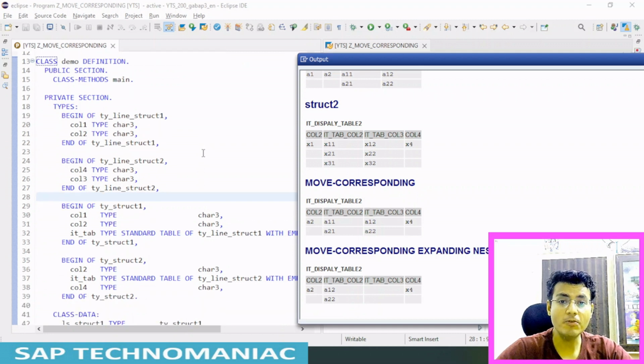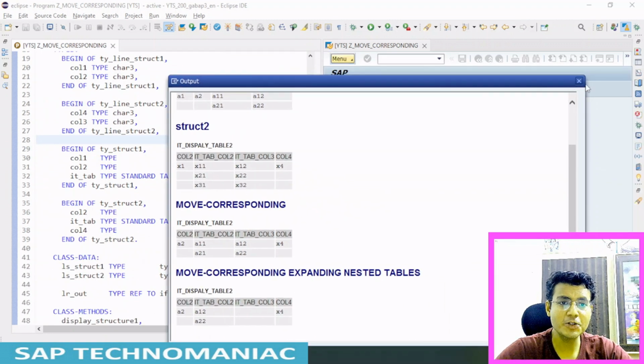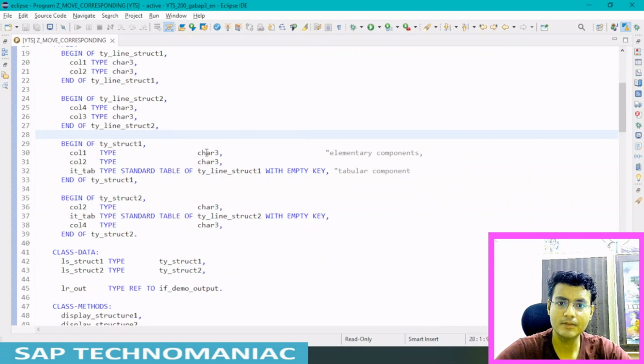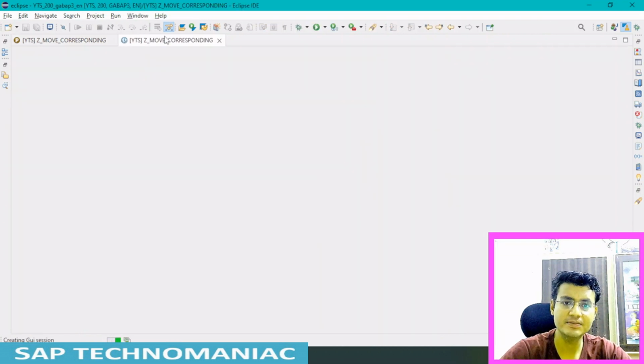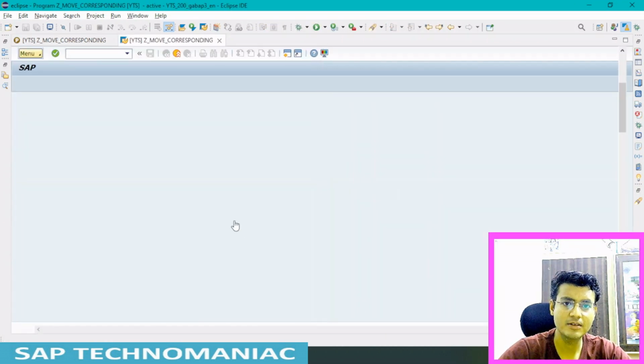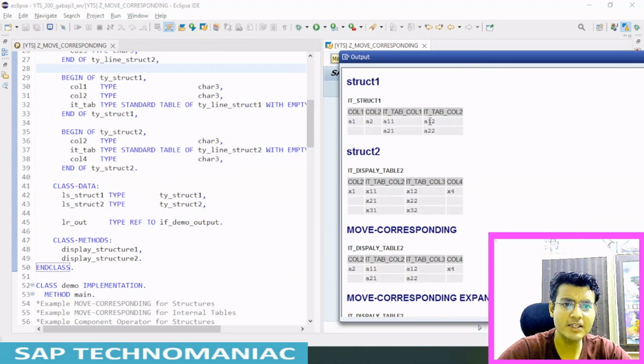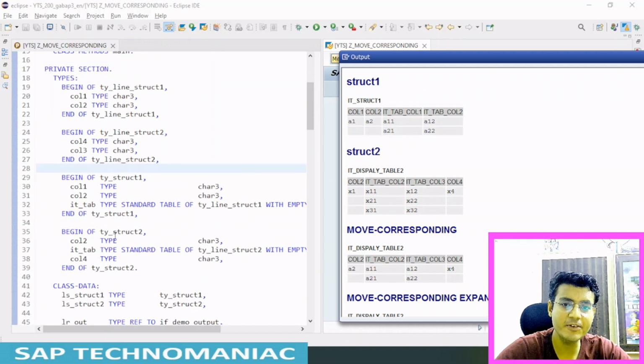So let's see. Now let me execute and show you the output. Let me do F8, Control F3, activated, F8. As you can see, in the first case, when we moved the structure, it got entirely moved, since the itab will be moved to itab.